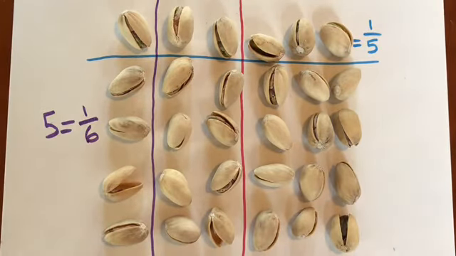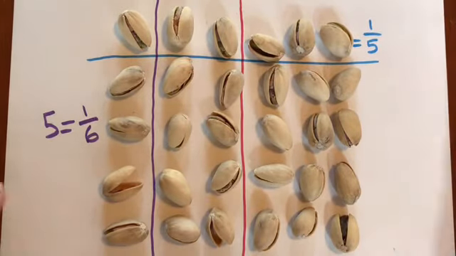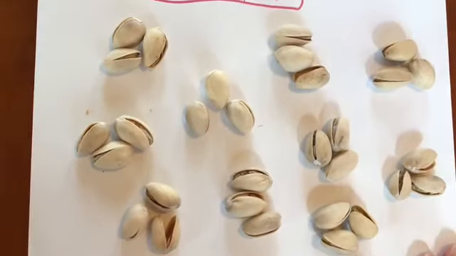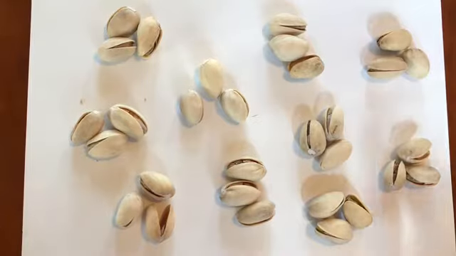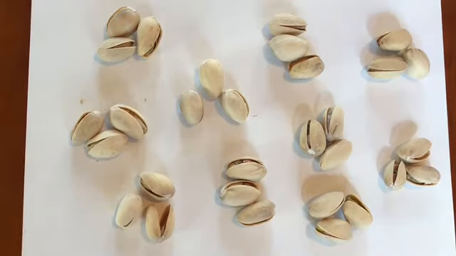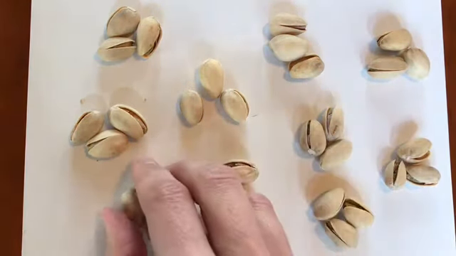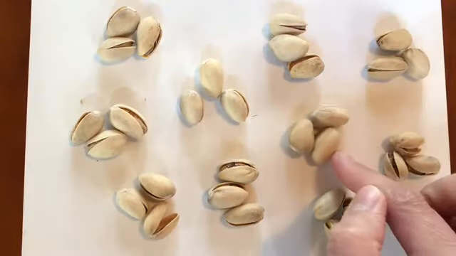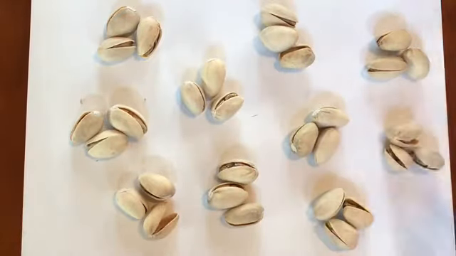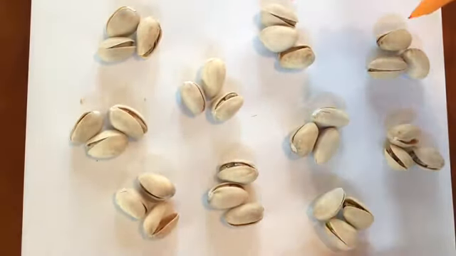Do you think you know what 1/10 of this is? 10 equal groups. Well, maybe we need a fresh start. Maybe you knew, like I knew, that if I had 30 pistachios and I want to put them into 10 equal groups, there was some relationship between 10 and 30. Maybe if I divide that 30 by 10, I would come up with 3. So fractions actually work a little bit like that. So I put 3 in each group, and let's track 1, 2, 3, 4, 5, 6, 7, 8, 9, 10. 10 equal groups. So 1/10 of 30